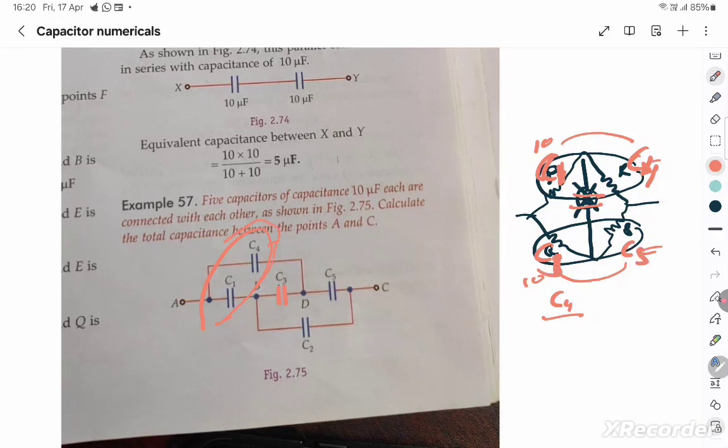The C1 and C4, which were originally in parallel, because of the galvanometer or the capacitor here, since there's no charge flowing through, these two become series, these two become series, and those two eventually become parallel. This answer and this answer become parallel. So that's what it is. So if you understood that C1 and C4,